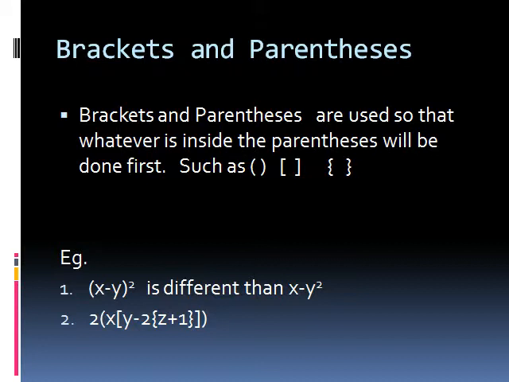So now, a more complicated example you could see is 2(x[y - 2{z(z + 1)}]). In this case, you look at the brackets that are the smallest and don't have any other brackets to interrupt first, which is z + 1. So you do this operation first before you times it by 2, and then after you times that by 2,